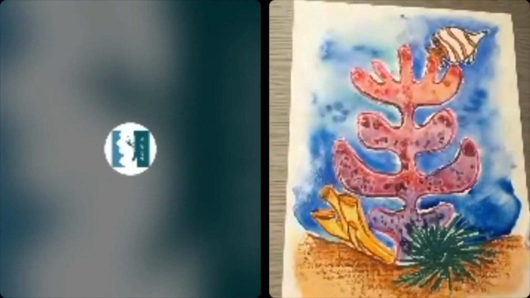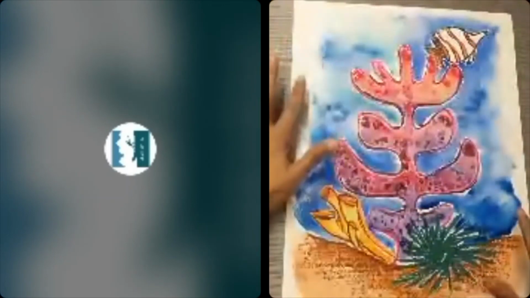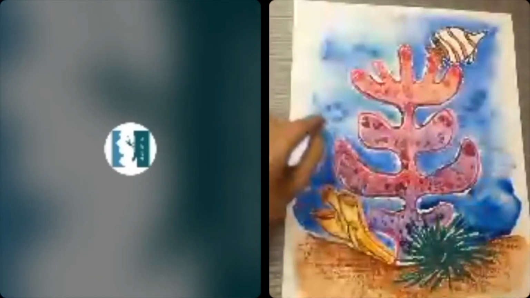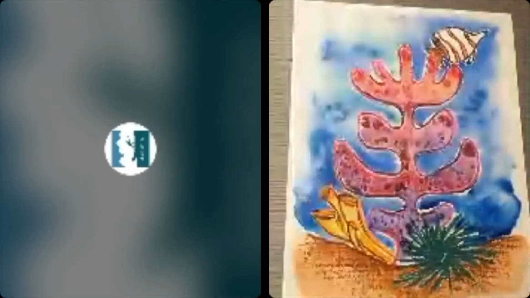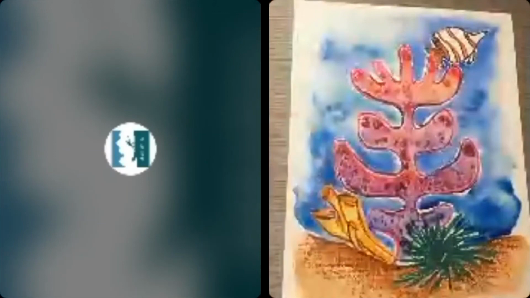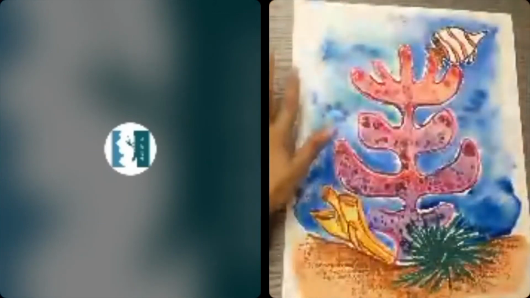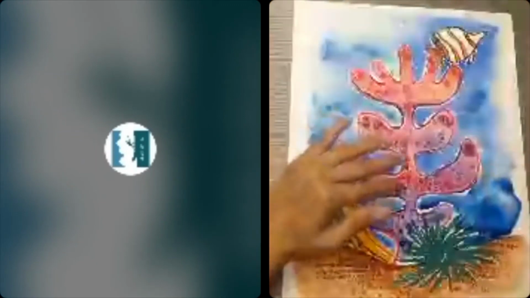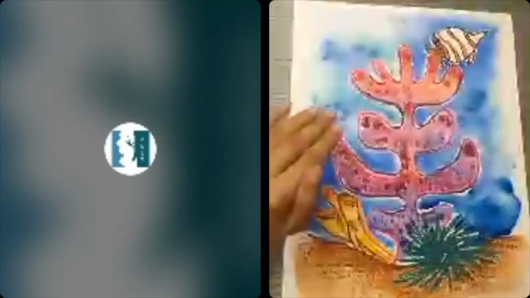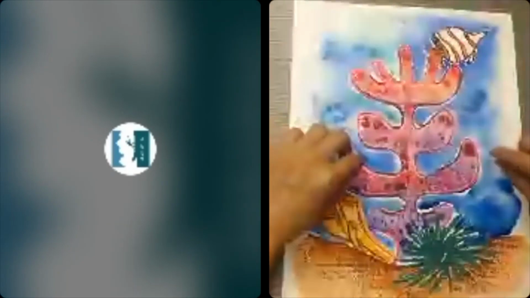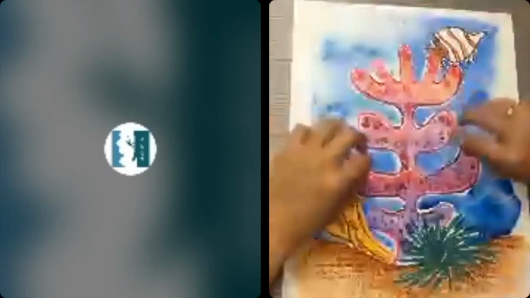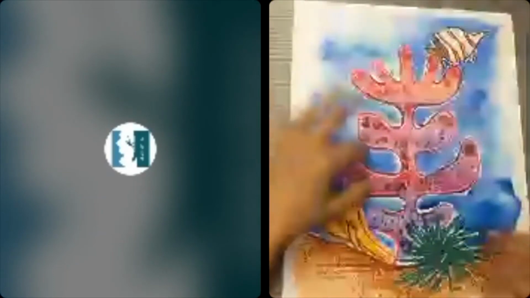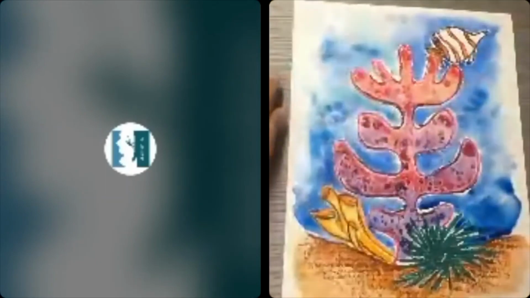Okay, so with this, we're done. Like I mentioned also, it will take time to dry, especially the rock salt. So wait overnight, make sure you keep it flat, keep it somewhere safe where it's not going to fly away. Keep a heavy weight on it so that it stays in place as well. It might even take a little more time if the weather is humid wherever you are. So once you feel that the salt is loose and dry as well, dust it off, and you'll have a nice rough texture all over the coral surface.